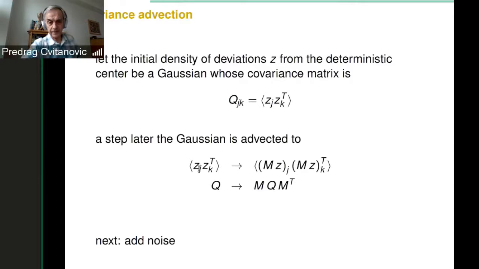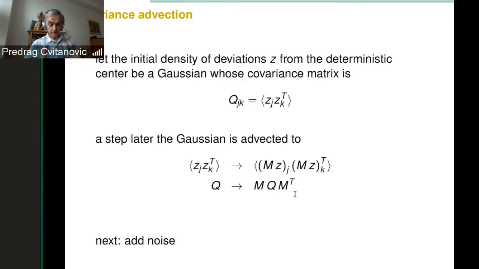One step later, what happens is every one of these neighboring points is advected deterministically by my linear law, M. Now, these are just matrices of numbers. I can take them outside of this bracket of averaging. Then I'm averaging over this, that's called Q. And what it says is that when I have an ellipsoid of initial conditions, the deterministic flow maps it into a different ellipsoid. And the law of the deformation is the Jacobian on the left, the Jacobian transpose on the right.